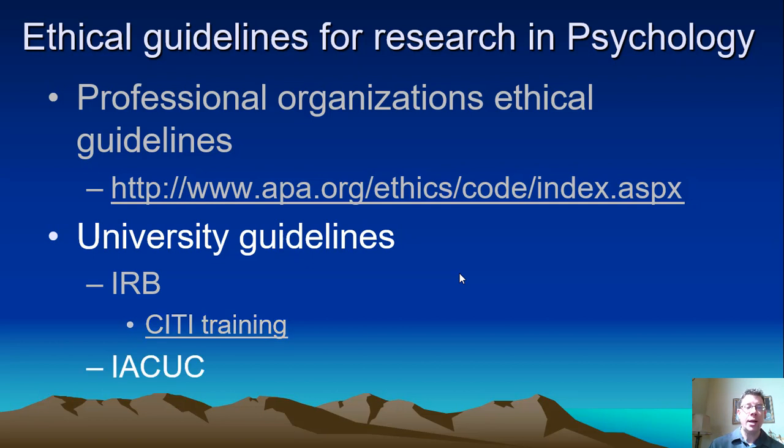If you're conducting non-human animal research, instead of going through an IRB, you go through an IACUC. This is the Institutional Animal Care and Use Committee. It's basically an IRB for non-human animals. So if I want to run research on rats or baboons or whatever, I would have to get my research approved through the IACUC. Once again, they're set up just to try to minimize the amount of harm that's going to be done to the animals.